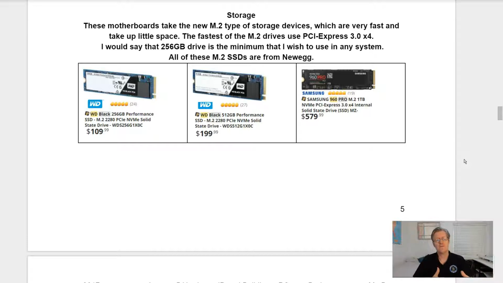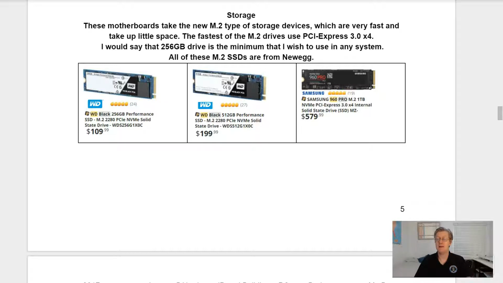So let's look at the very first one there on your left hand side. This is a Western Digital and it's called the Black 256 gigabyte performance SSD M.2, so that's the standard that you see here. It fits into the M.2 slot. The 2280, that's its actual physical size or form factor, and that one's going for $110. Next, if you want a little bit larger space, you get the WD Black 512, and basically everything's identical.